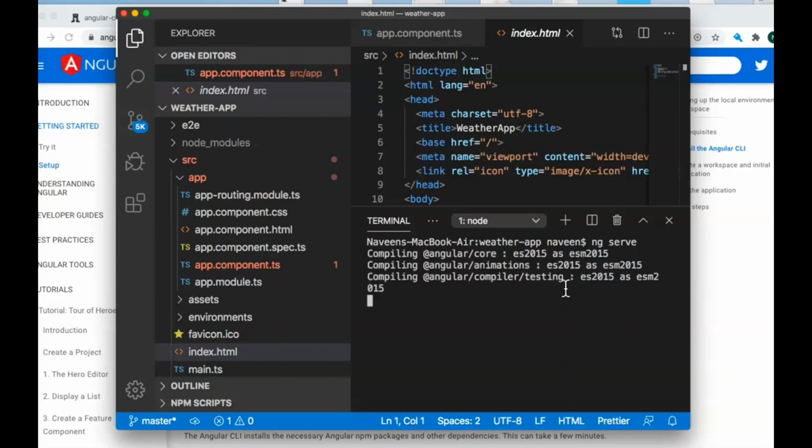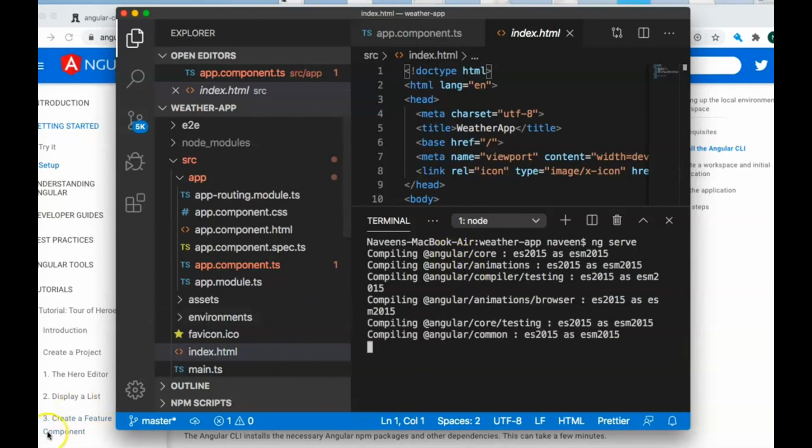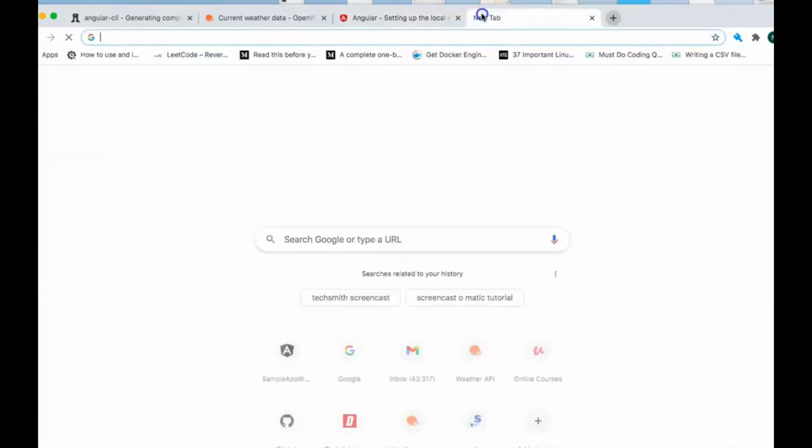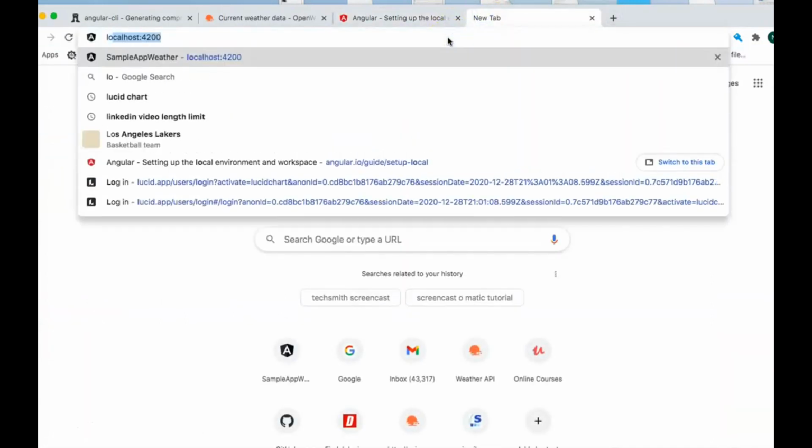It's just a basic template of Angular, but we can take a look at that. It's building this. I'm just going to stop this for a second until it compiles. So now that it's compiled successfully, let's look at what it looks like right now. If I hit localhost 4200,